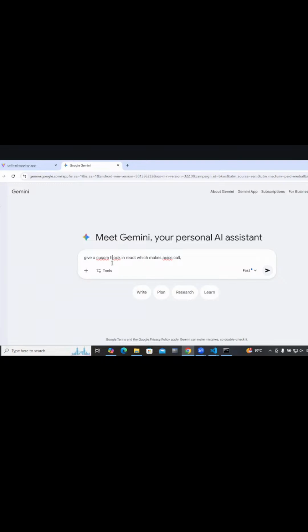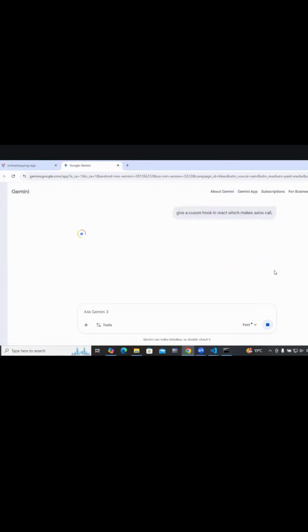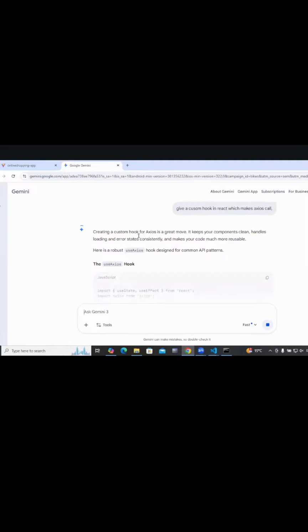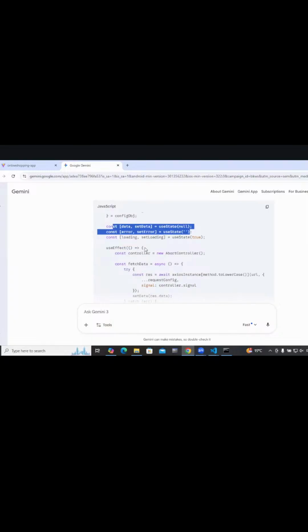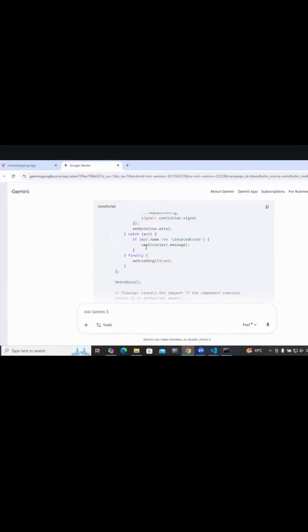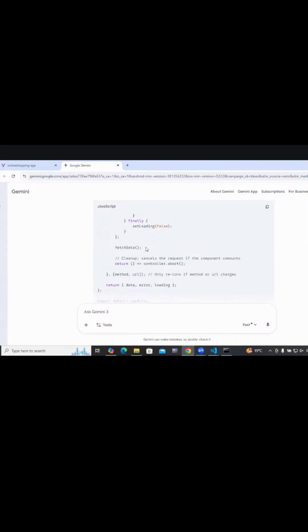Give a custom hook which makes an Axios call. Now this is your useAxios. So data, loading, same example, useEffect, which only reruns if the method or URL changes.